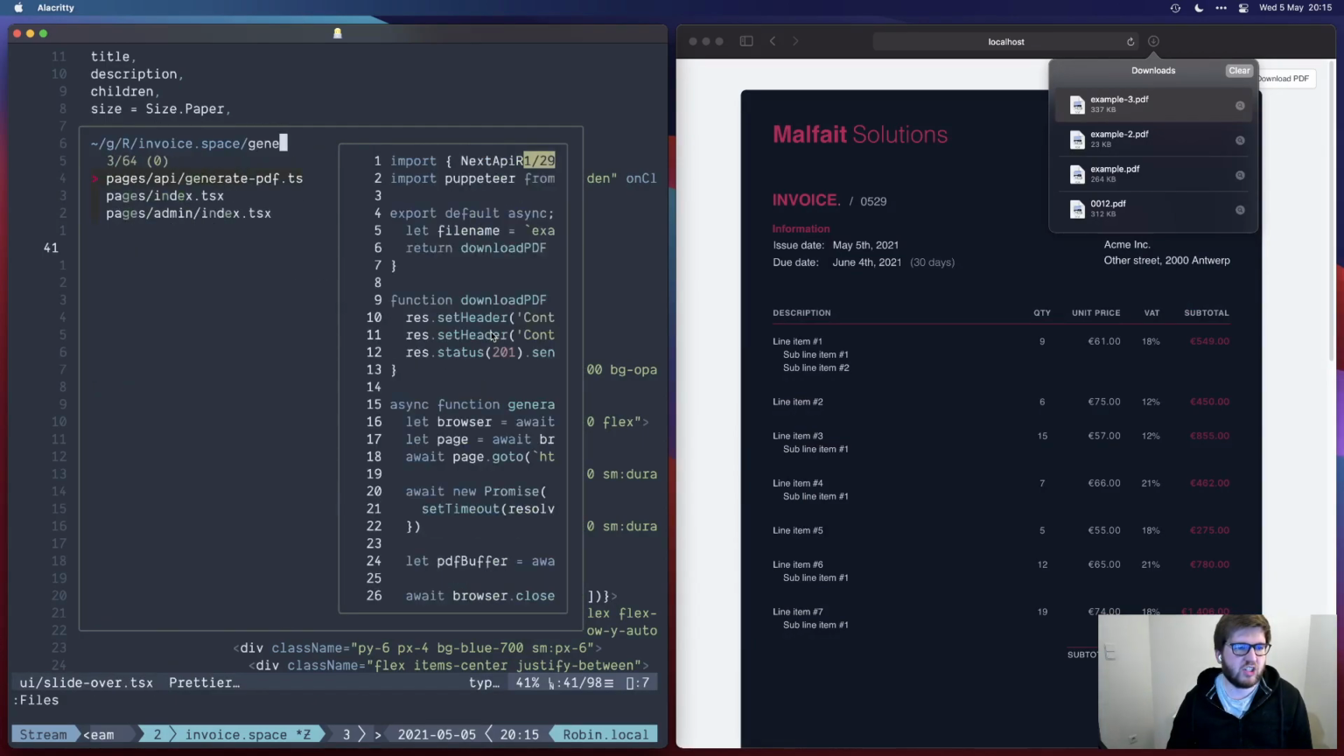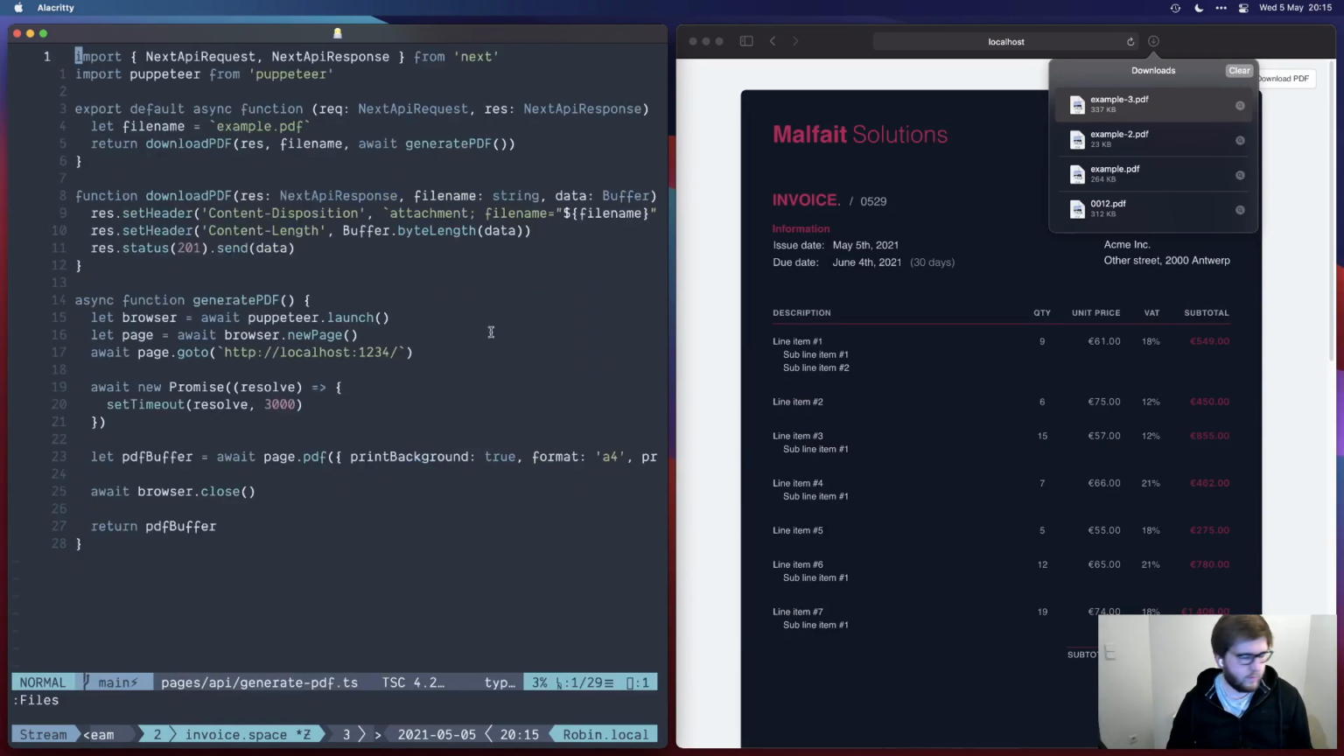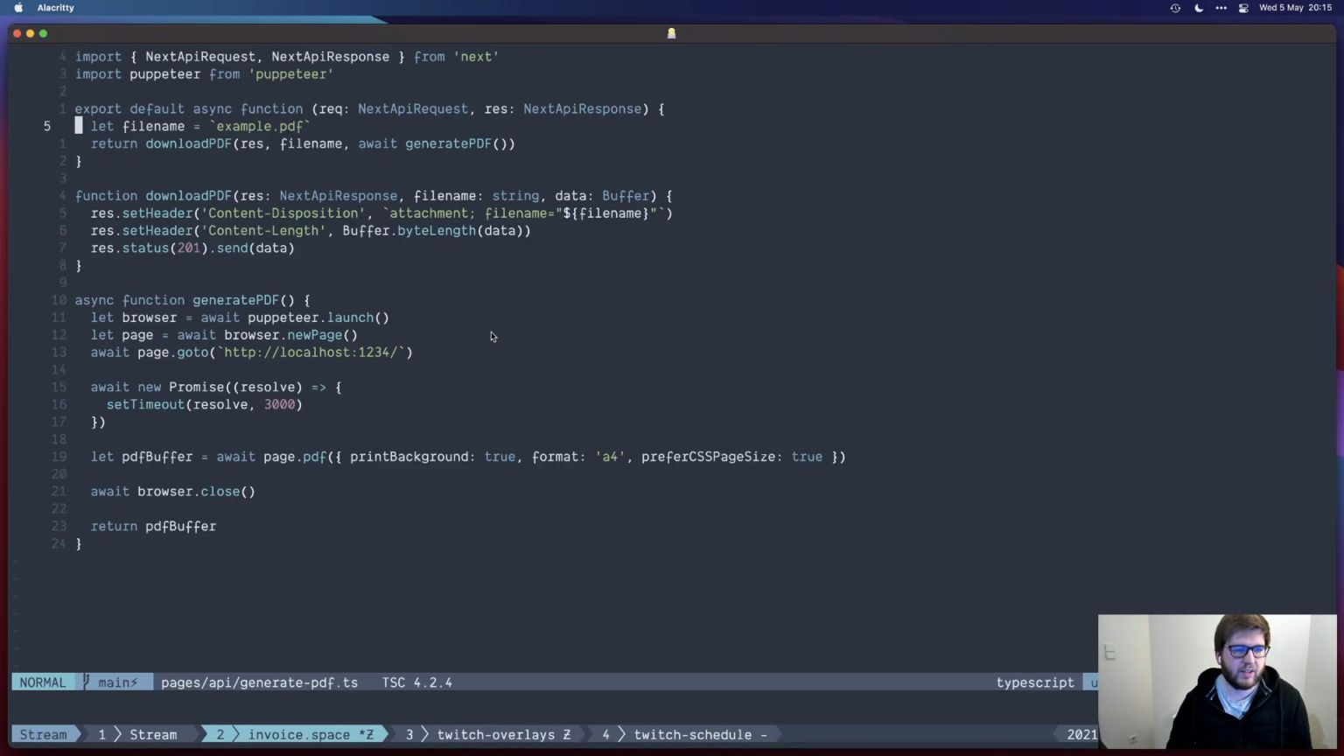I'm using Puppeteer, so I have a generate PDF file. So basically what I do is I give it a file name and I want to download the generated PDF. Downloading is basically setting some headers so that the browser knows how to handle this and what file to give it, and then you send the raw data, and the raw data is basically coming from this function, generate PDF. We basically boot the browser in Puppeteer, we make a new page, we go to the URL, we wait 3 seconds because reasons,